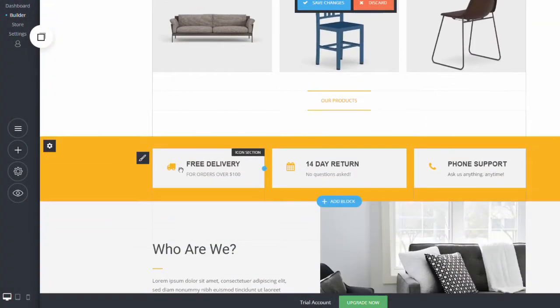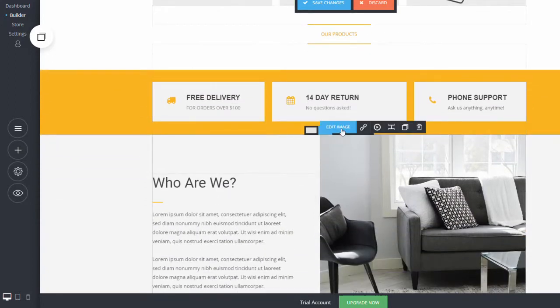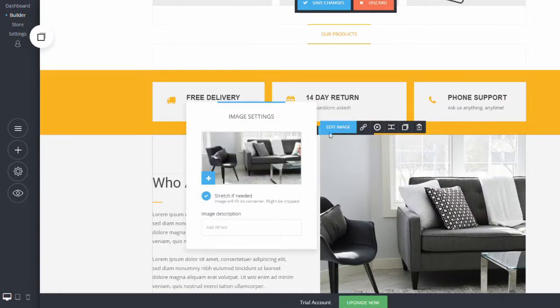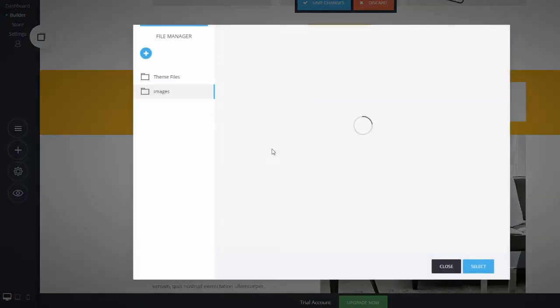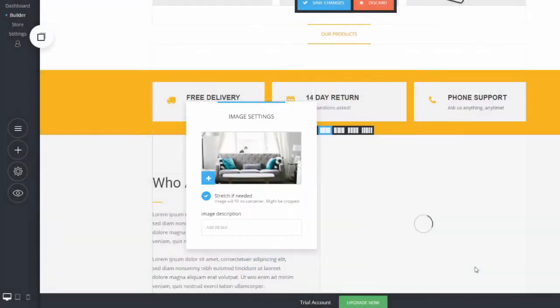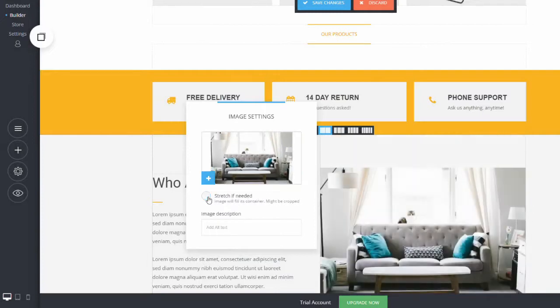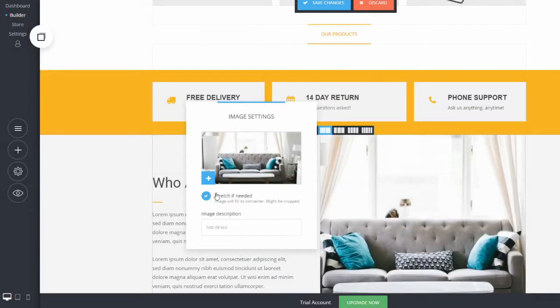Remember, you can edit any element inside of your website by simply clicking on it. To edit an image, click on it, click on Edit Image, and then click on the image itself. You can then choose which picture you'd like to replace with it, and then click on Select. This allows you to change the image easily. You can also give your images a little bit more of a pop by simply checkmarking the Stretch If Needed